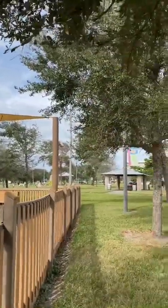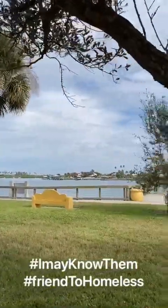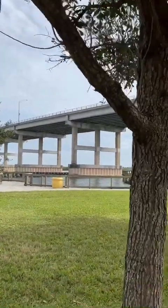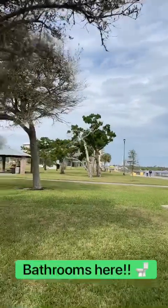Let me add that there are usually some homeless people in the park. Not gonna lie, but you know, treat them kind, give them space. You don't got to give them anything, but there we are, Manatee All Children's Playground and Riverside Park. And there are also bathrooms here at stop number two,